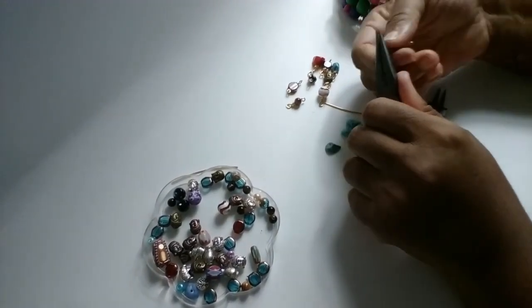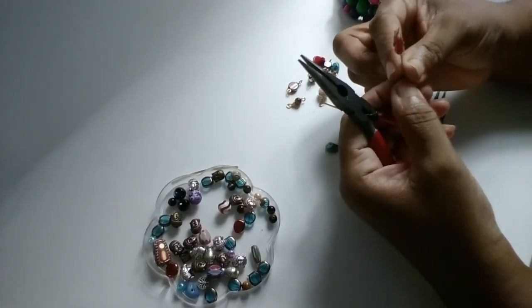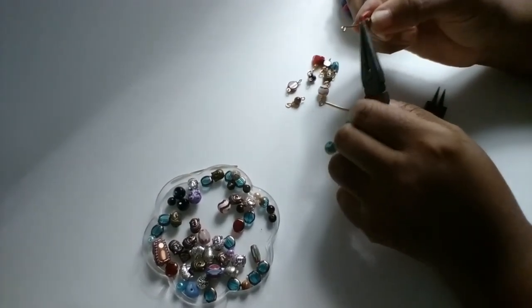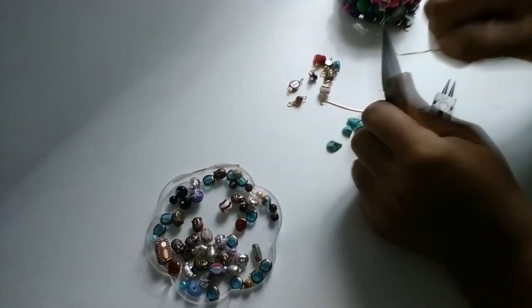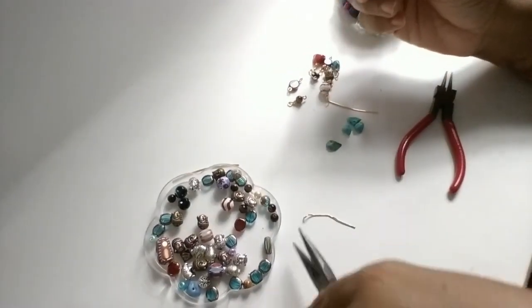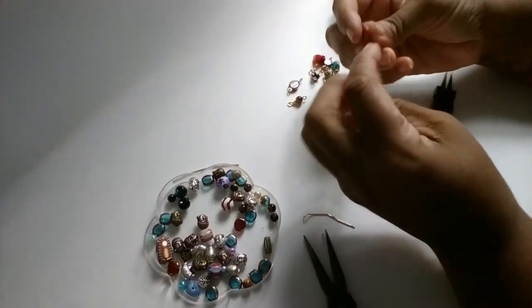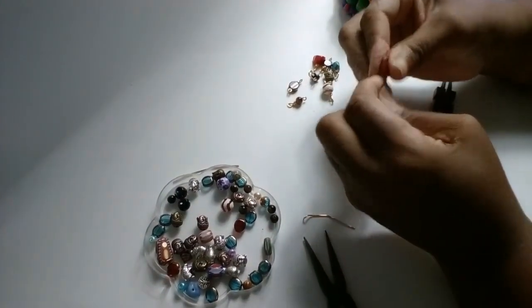Let me see if I can get it. No, because I see how I bent that wire. So that's not going to work. I don't want to crack this and I don't want to do that. Yeah, messed that one up. So let's try this one. See if this will actually fit in here. Oh yeah, it'll fit, but